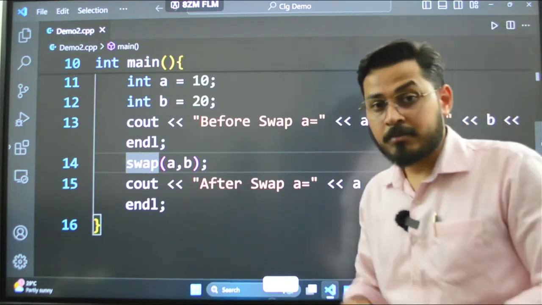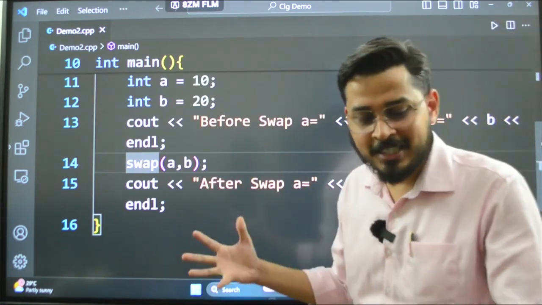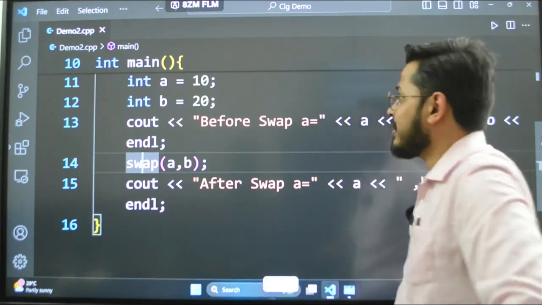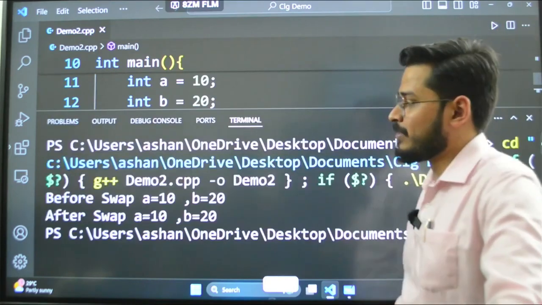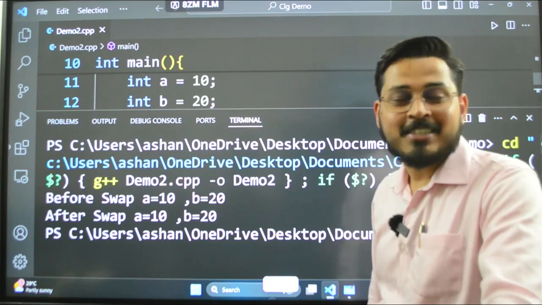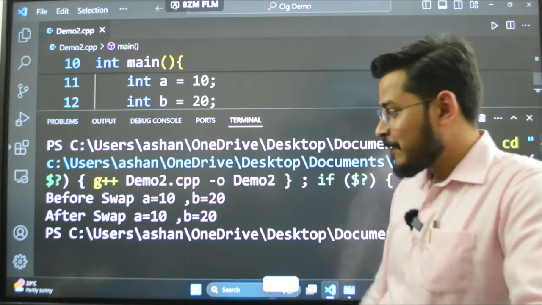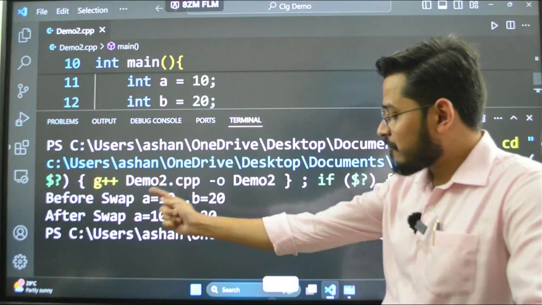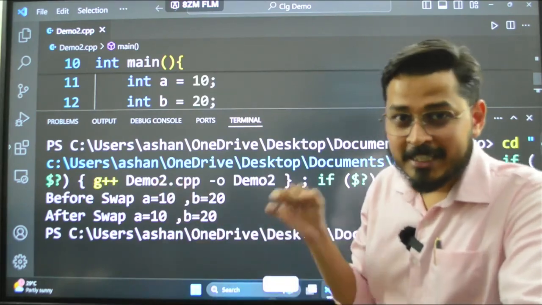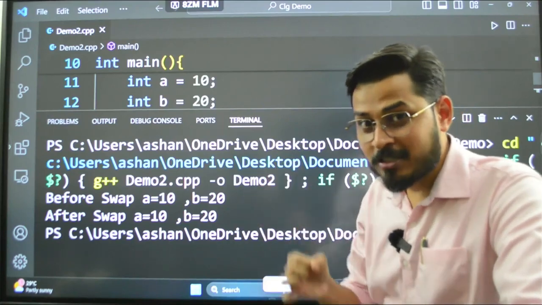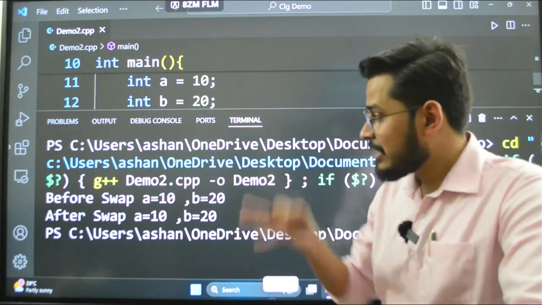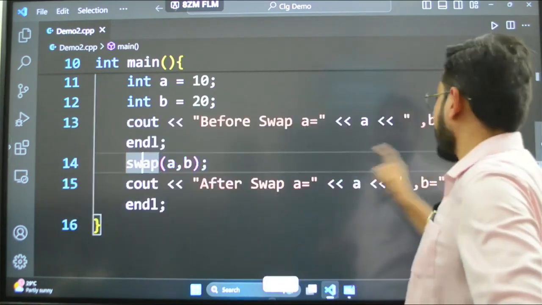Our regular instinct or basic instinct says yes, it will work, but our output will say no, it will not work. This is the thing, guys. Here you see that in the after swap the changes do not happen. This is what ultimately I was trying to explain. I am explaining to you that this is call by value.